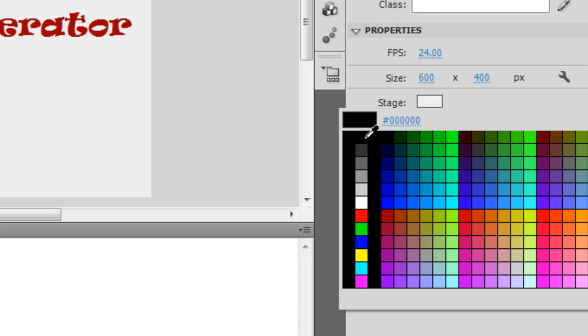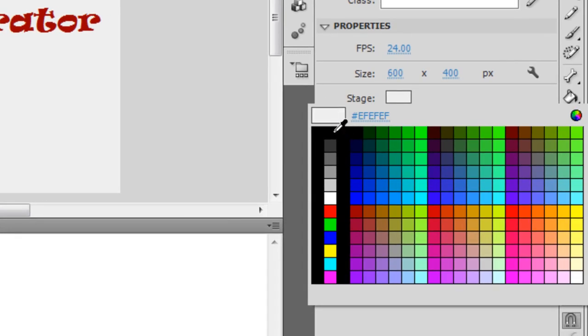So the closer you are to 0, the darker the color, the closer you are to F, the lighter the color. So black is #000000, and the color white is FFFFFF. And I was just telling you, the closer you get to the alphabet F, the lighter the color. Let's consider these shades too. Okay, now this darkish grayish color, which is a #333333,